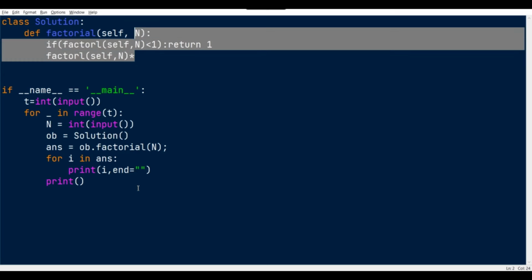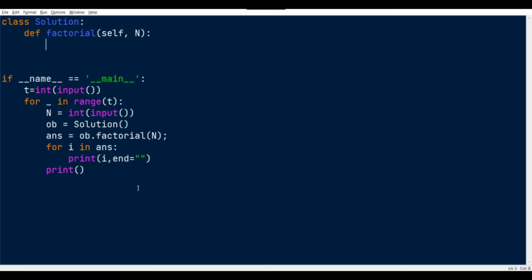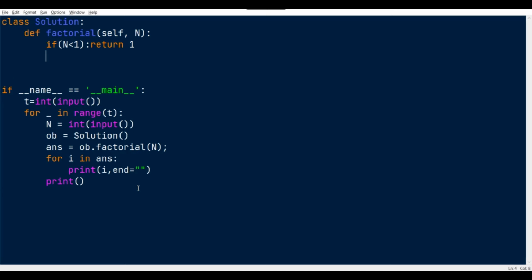But now we are not going to use the traditional things because they already exist, right? So we'll solve this in a creative way. The best condition is if the value is smaller than 1, we just need to return 1 because the factorial of 0 and 1 is just 1. So if n is smaller than 1, return 1. Actually, smaller than 2. Otherwise we can do something like this.